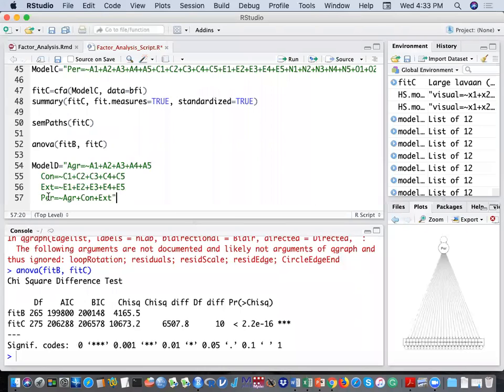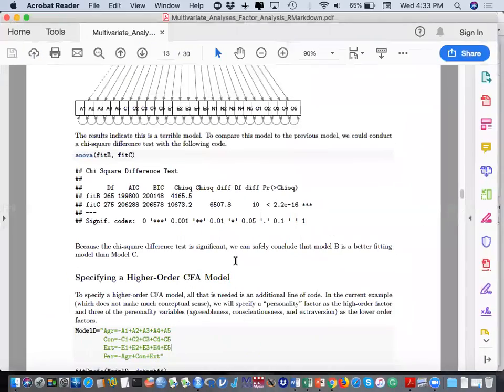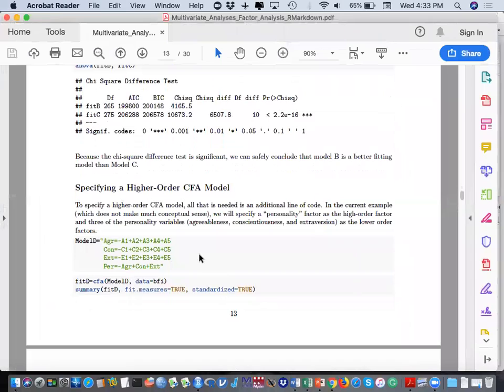Again, it's kind of a lame example. I think this makes far more sense with things like intelligence and motivation and other kinds of constructs. But basically what we're going to say here is that these agreeableness, conscientiousness, and extroversion latent factors that we defined previously are going to load onto this overall personality factor. So we'll run that, and I will have a visualization of this, which I think will make everything clear. But just real quick first,